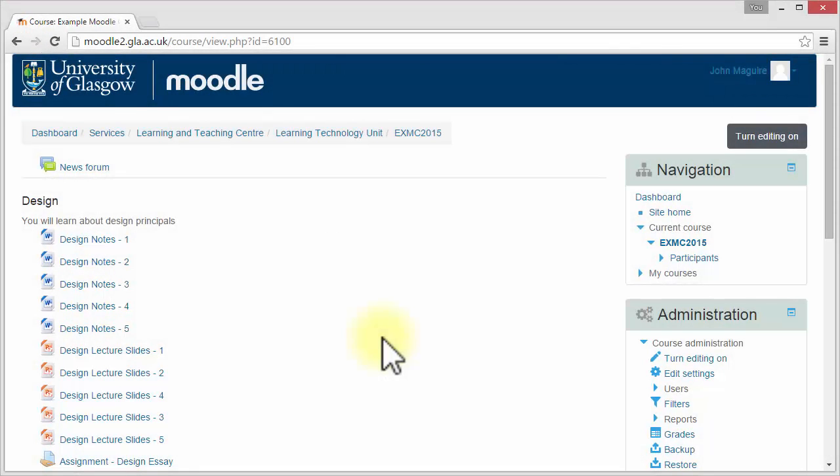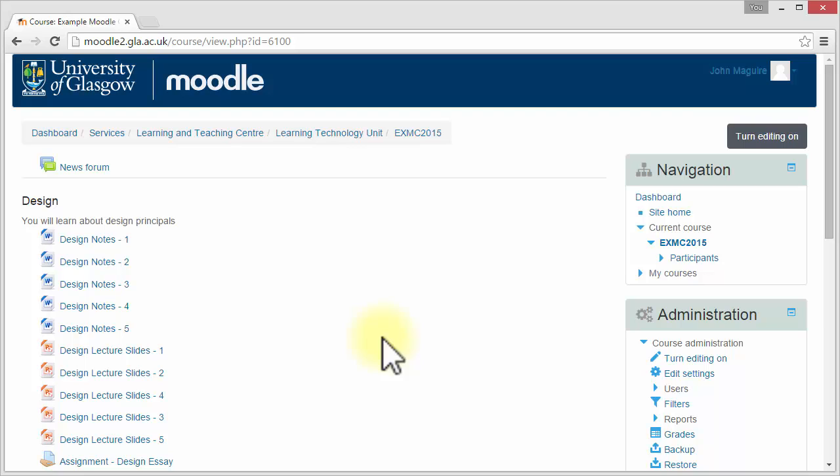Markers are able to download a copy of student submissions to mark them and add comments to the submissions offline. Once you've marked these, you can then add the files back into Moodle so that the students can see the files with the feedback added to them. An example of this would be to download a Word document from the student and add some notes and some comments into the Word document, re-upload it, and then the student can access that file and see the comments